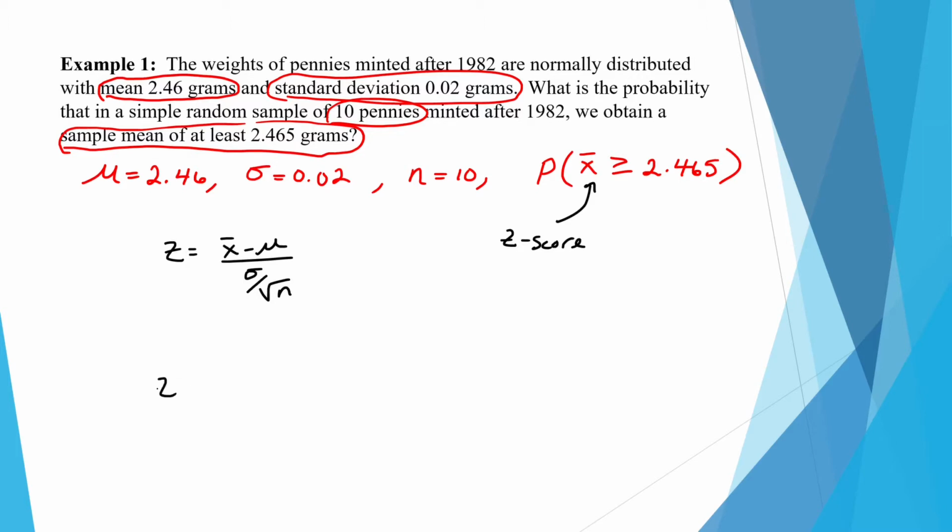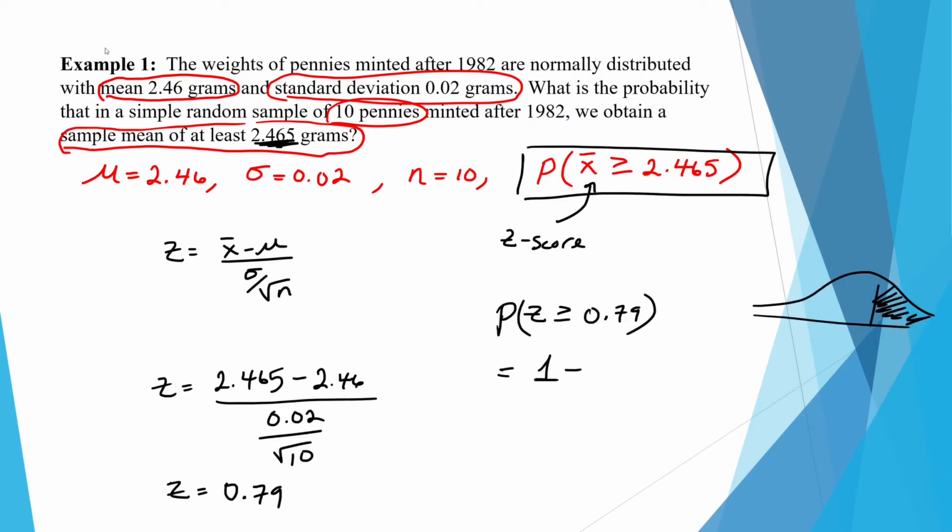We have z equals x bar, the sample mean, in our case is 2.465. So z equals 2.465 minus the mean, which we know is 2.46, and we'll divide that by sigma, which is 0.02, and divide that again by the square root of 10. Z is equal to,